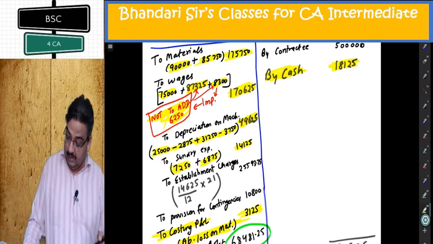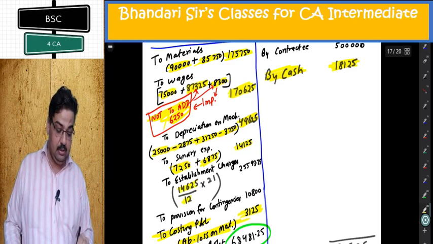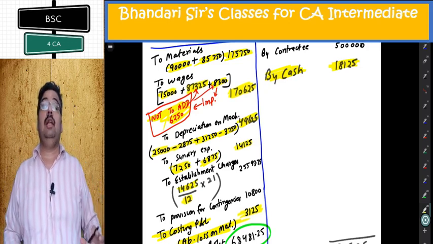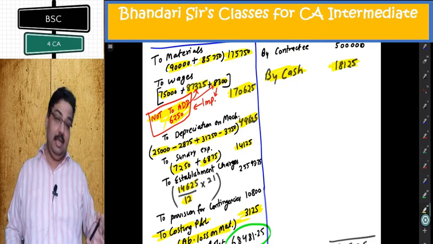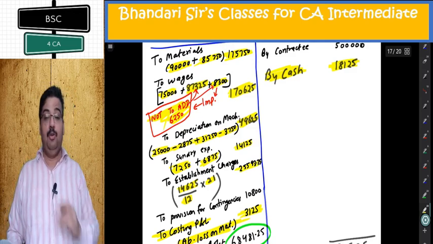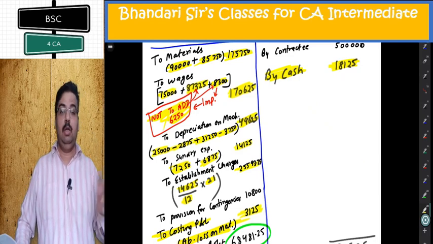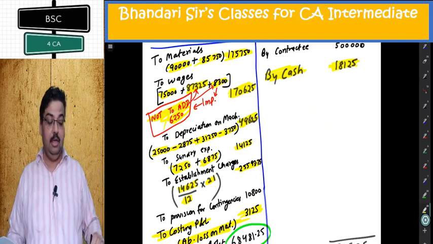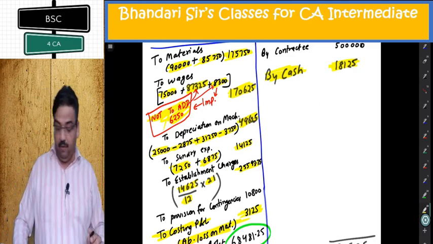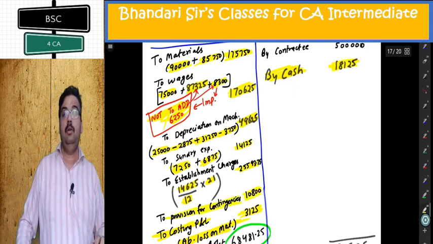Establishment charges would cost the same amount per month as in the previous year. Last year this was payment for 12 months. Monthly is this divided by 12. Total period included in the contract is 21 months: 12 months last year, 9 months next year. So into 21. Or I can do 14625 plus 14625 divided by 12 into 9. One and the same thing. Whatever you do, you will get this figure, 25593.75. At the end, 10,800 would be sufficient to provide for contingencies. So additional point, provision for contingencies 10,800.